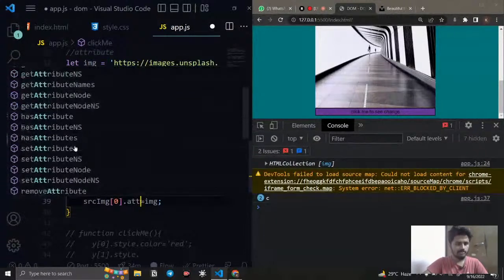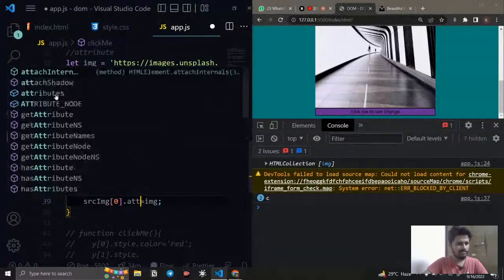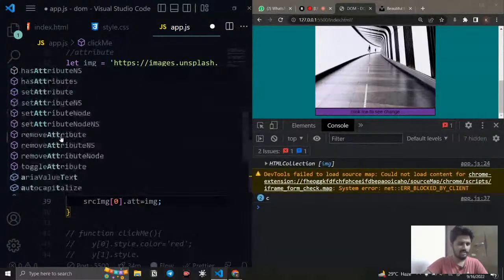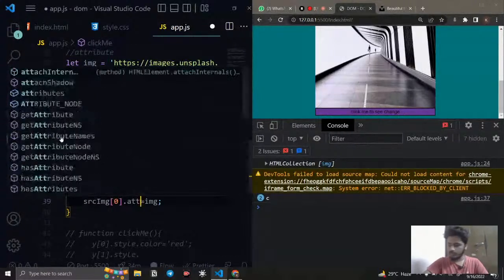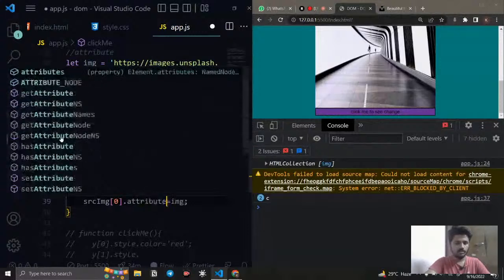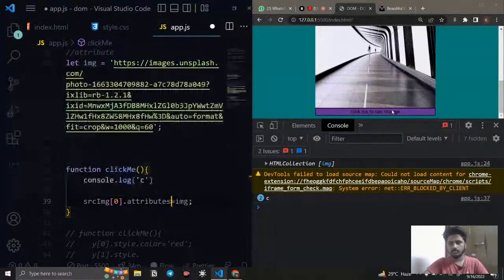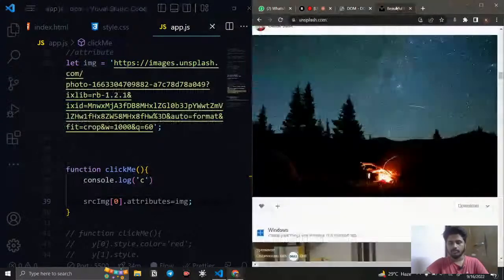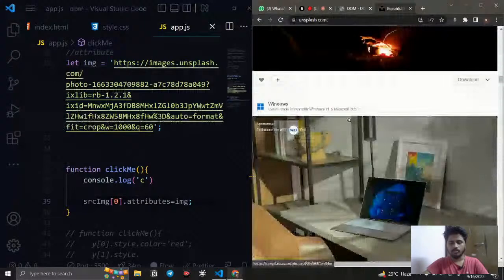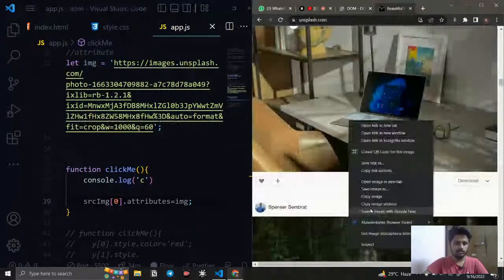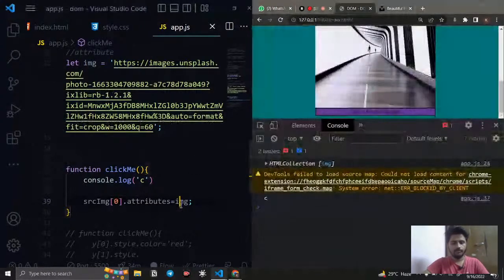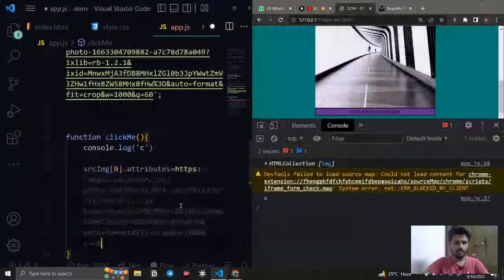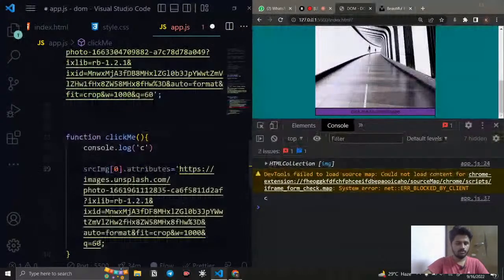We have the set attribute method also available, but we need some properties. We don't want to set attribute. Let me check attribute. So I think attributes is going to be the property. So we can copy some other address like this. We can go and copy the image address, and instead of the image we can pass it here, and if I click,